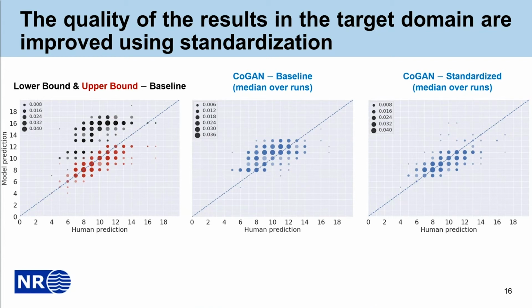So when comparing the baseline results with the standardized results, it seems that the standardized results are also giving results which are closer to the upper bound model. And this might be explained by the fact that the domain adaptation problem is much simpler once the data are standardized, as the model can focus more on the internal part of the otolith, ignoring possible noise that is present in the background.